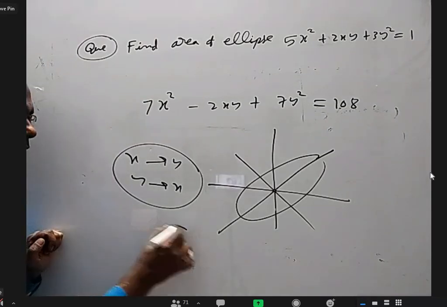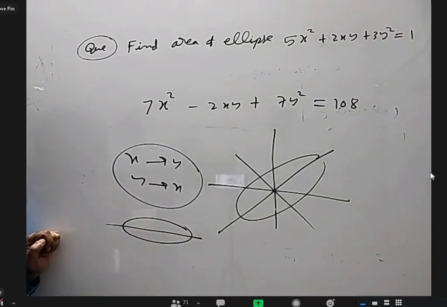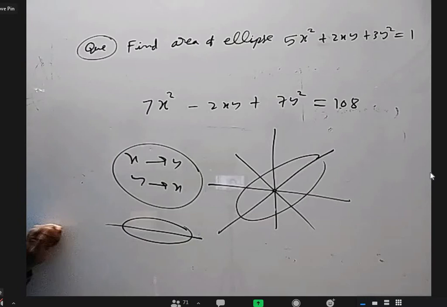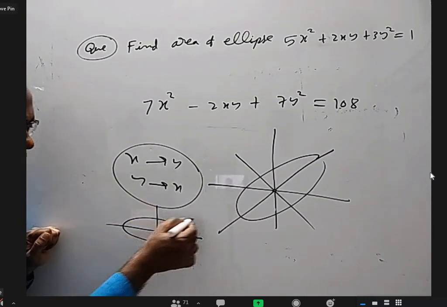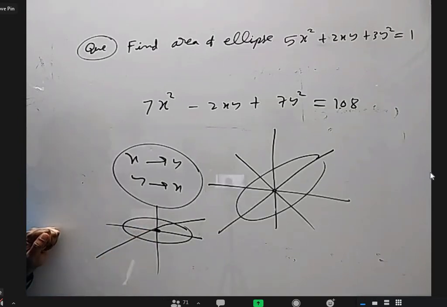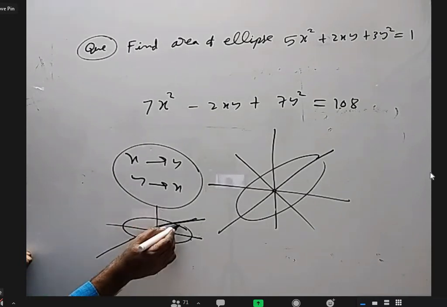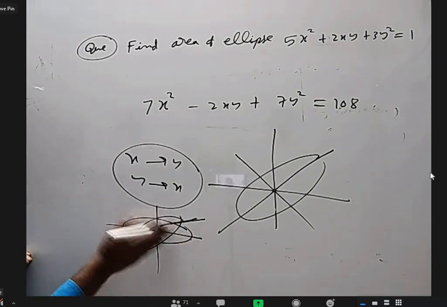And if you take an ellipse, is it symmetrical about major axis? You can fold it. Yes, sir. Is it symmetrical about minor axis? Yes, sir. Is it symmetrical about any other line passing through center? No, sir. Because when you find mirror image, another ellipse will come somewhat like this. It is not the same ellipse when you find mirror image. Am I right?